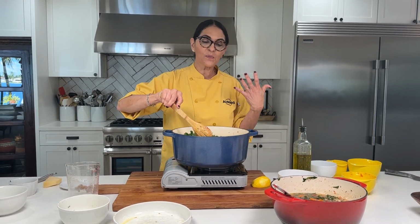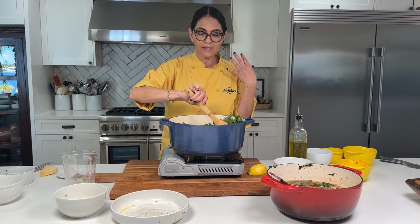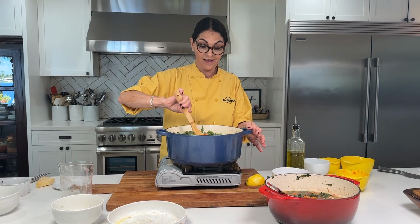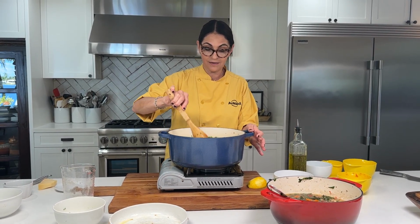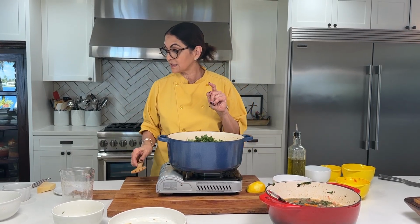So this is going to cook 20 minutes or so, and everything is just going to develop, and it's going to be so good. And when you're done, well, one more thing I want to add at this step is